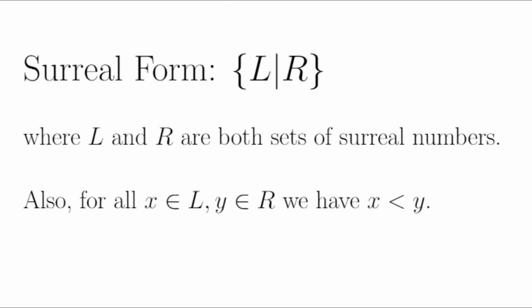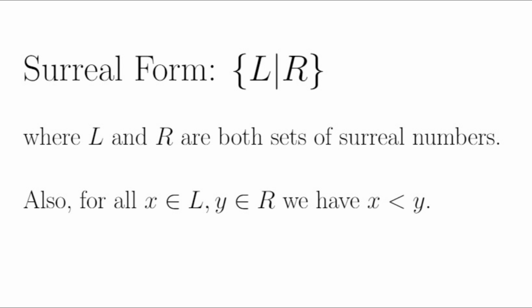Conway also invented his own notation for surreal numbers. A form is a set L for left and a set R for right of surreal numbers separated by a line and surrounded by braces. If the sets are lists of elements, then the braces are usually omitted. And if either L or R are empty, we usually leave a blank space.